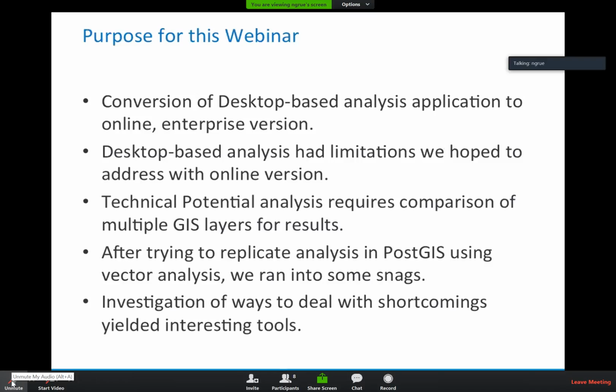As I mentioned, the purpose for this webinar was that we had work to do converting a desktop-based analysis application to an online version. This desktop analysis software had certain limitations that we hope to address with the online version. The desktop version itself is starting to become dated. It's been around for 10 years and it's been updated periodically, but as folks are looking for more types of analysis and better hardware to run more complex analysis, we realized we needed to move it out of the desktop-based software and